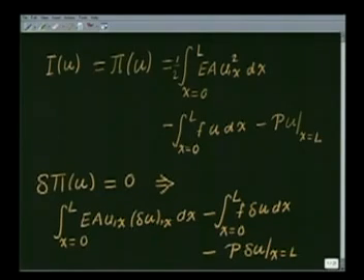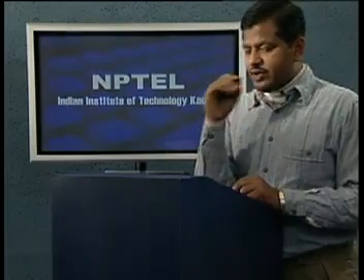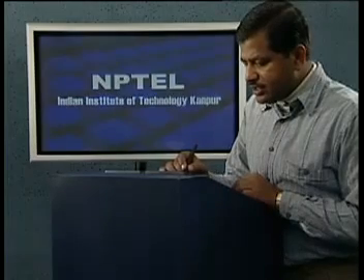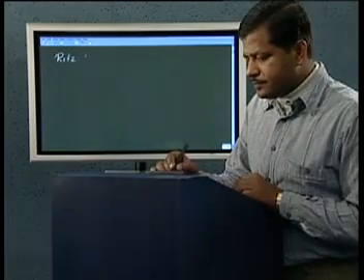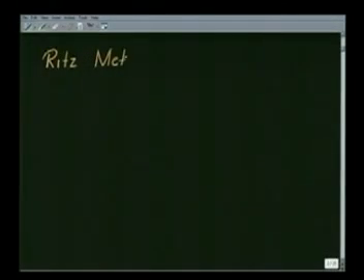Remember that we had said that the variation of this quantity half of EA (u comma x) squared was as if I have taken the derivative of this expression with respect to u, and so we end up getting, the half goes and we get the integral of EA u comma x variation of u comma x dx, minus this. Given this variation, now what we will do in the Ritz method, as we had said earlier, is look for an approximate solution of the following form.